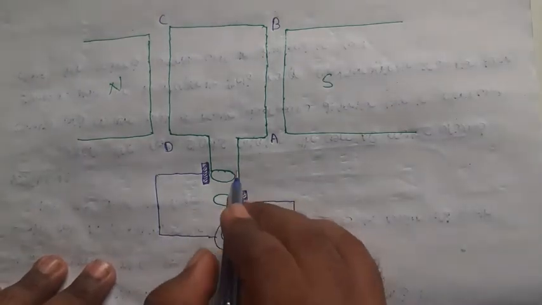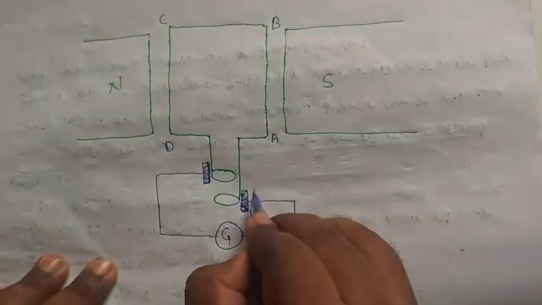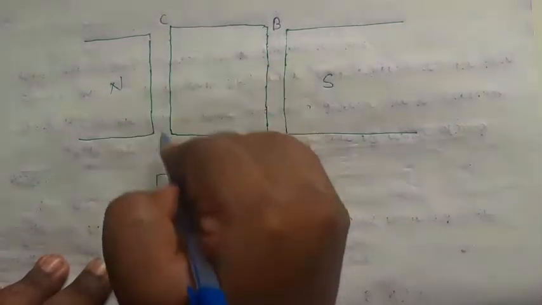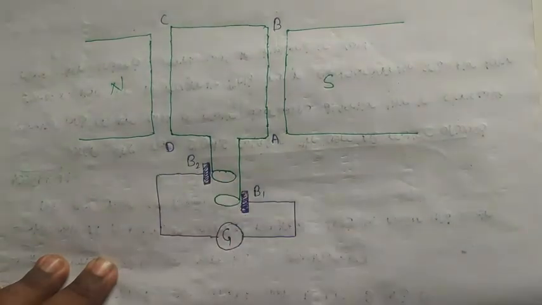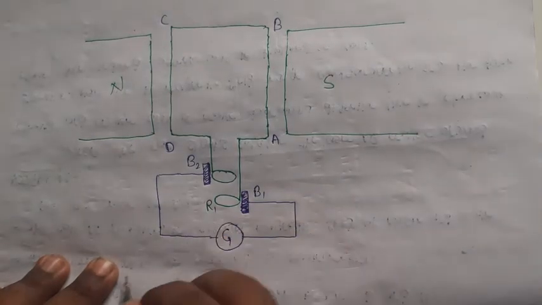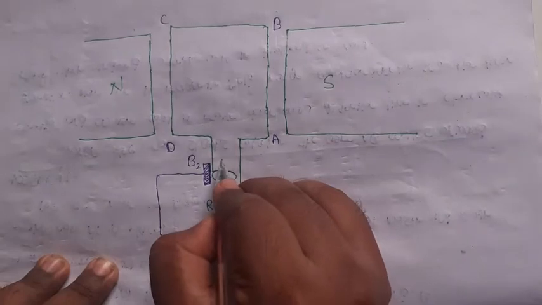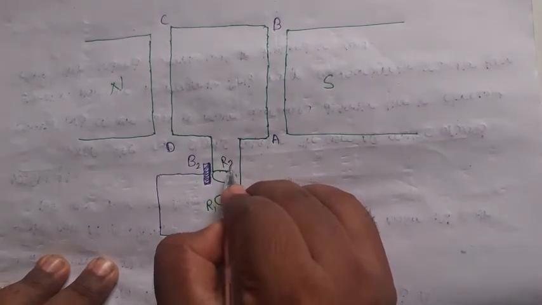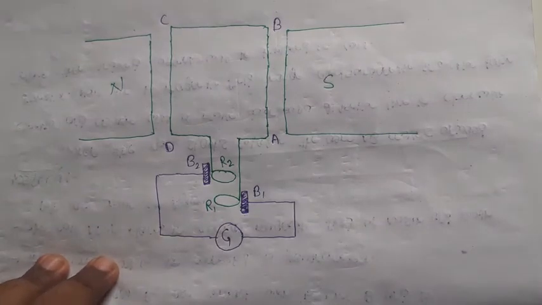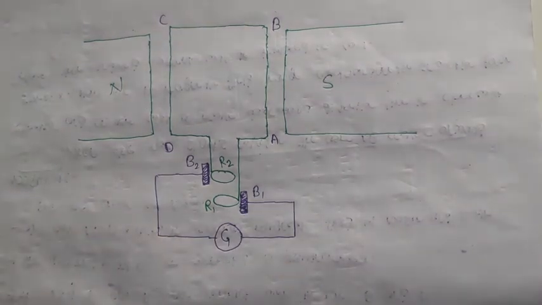With respect to rings also, here AB side brush is B1, CD side brush is B2. So arm AB is connected to ring R1, arm CD is connected to slip ring R2. Okay. So this is the diagram after half revolution. Now here the coil is rotating, again electromagnetic induction is going to take place. Due to that electromagnetic induction, induced current will be developed in the coil.